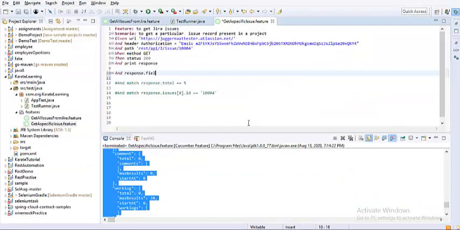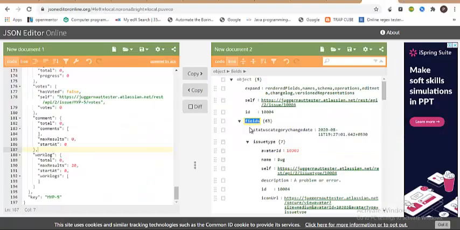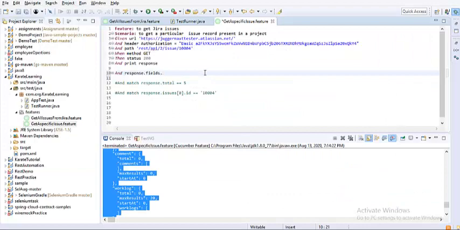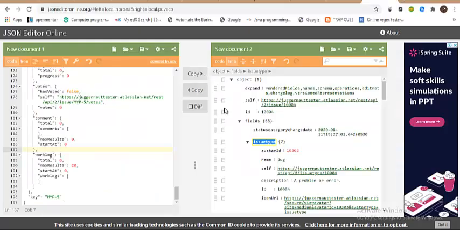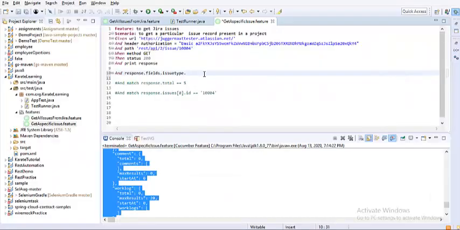So fields dot, and then you go to issue type, just copy paste so that you're not making any mistake, and then you put in name. So I'm asking Karate to print this value to see how the value appears.